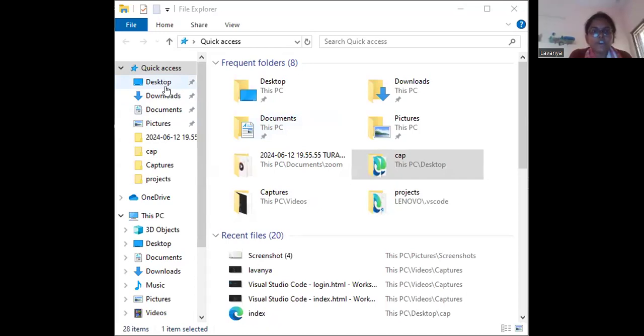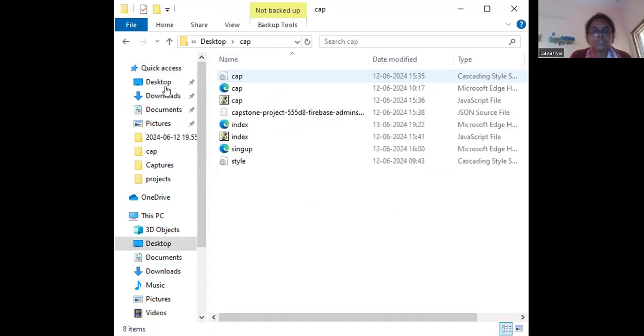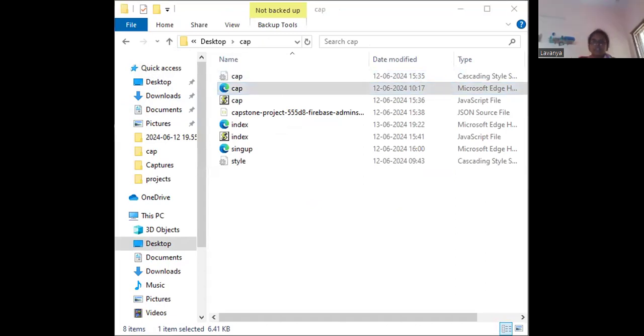And we can see our output now. In order to see our output, first we have to search in our folders, and here I have stored my folder in one folder, and this is the HTML page which I have stored in Visual Studio Code. And when we click on this,